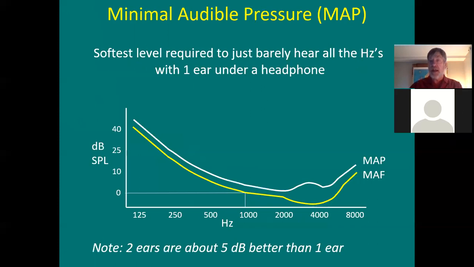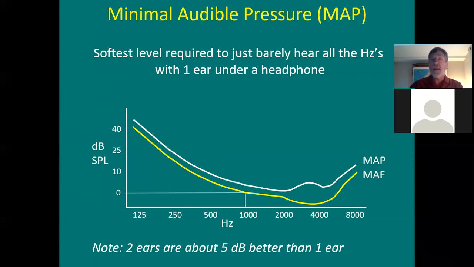And when that's the case, you get MAP. And notice it's not quite as low down. It's a little bit higher up, and there's a little bump here, because you've plugged up your outer ear canal, so you've lost the quarter wave resonator because you got a headphone over it. And the MAP curve is about 5 decibels above the MAF curve, because 2 ears are about 5 decibels better